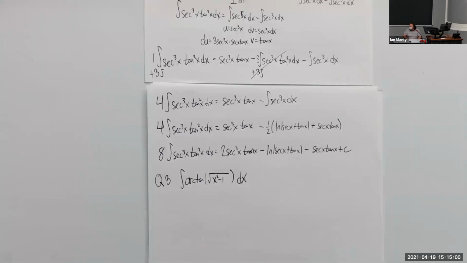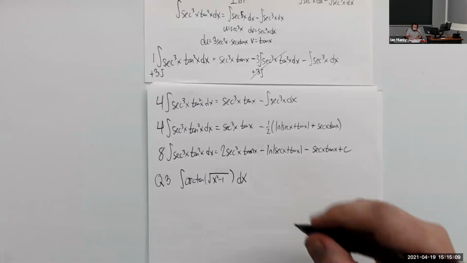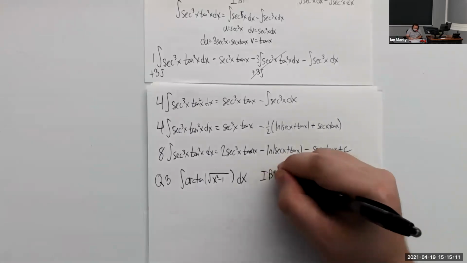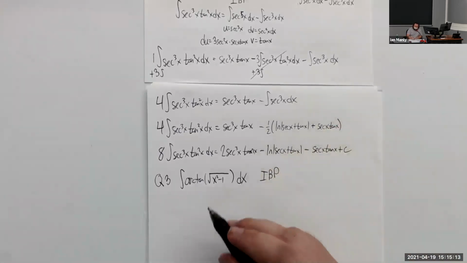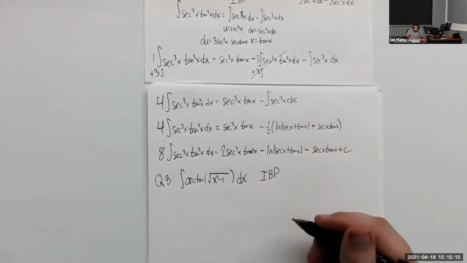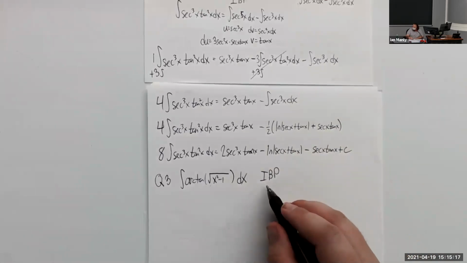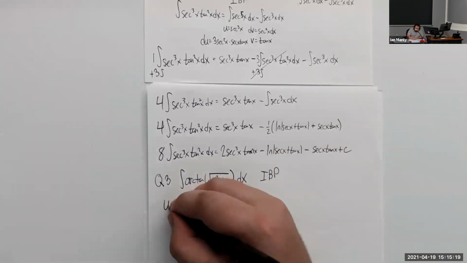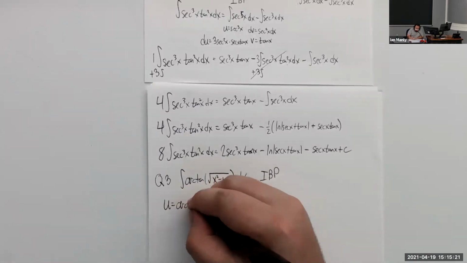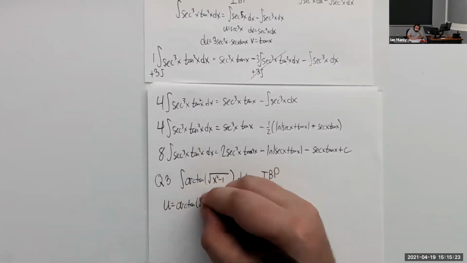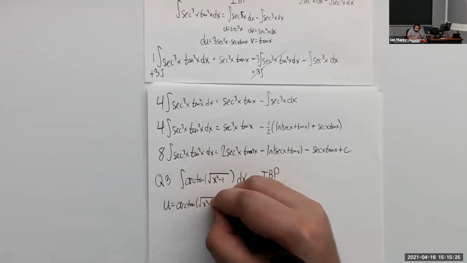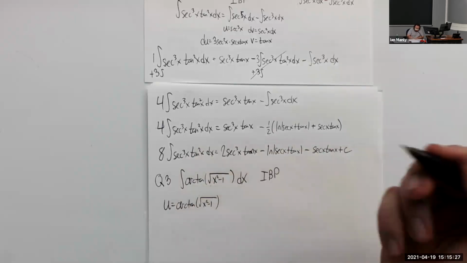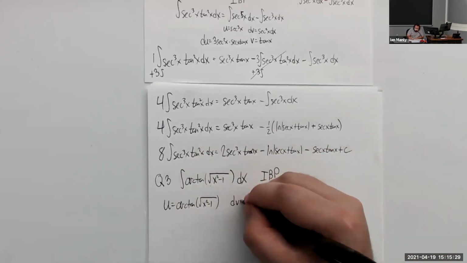Trig sub is technically possible, but there's like a really weird subtlety that happens with the trig sub here. So I'm going to go with IBP for this. But trig sub's not wrong, because we could do x equals secant. All right, but I'm going to do integration by parts. Let's see what happens with that. So u will be arctan of the square root of x squared minus 1, because that's all we have here. And then dv